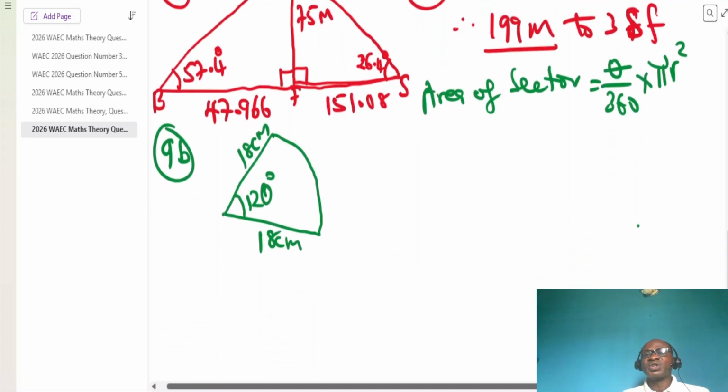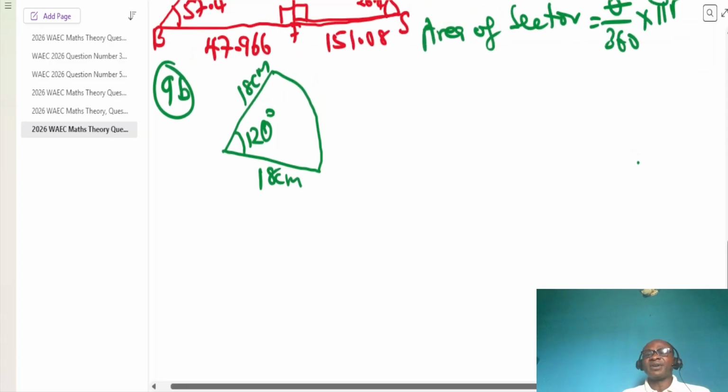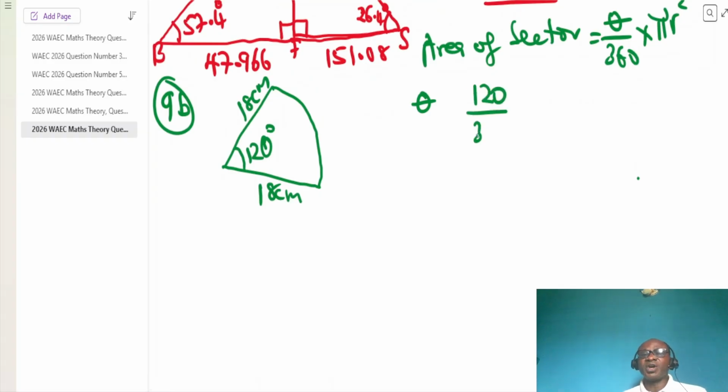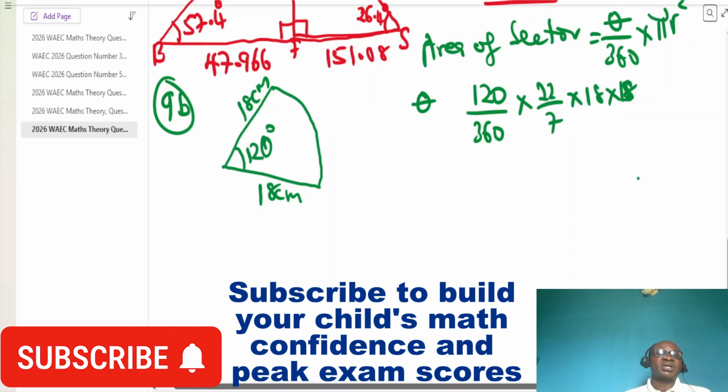And that means that from the value of the angle given, I will write the value of theta now is 120 all over 360, then multiply by 22 all over 7, then multiply by 18, multiply by 18 again because of r square. And that means that the area,